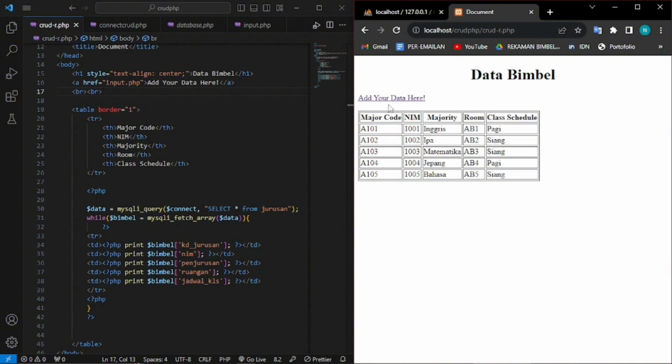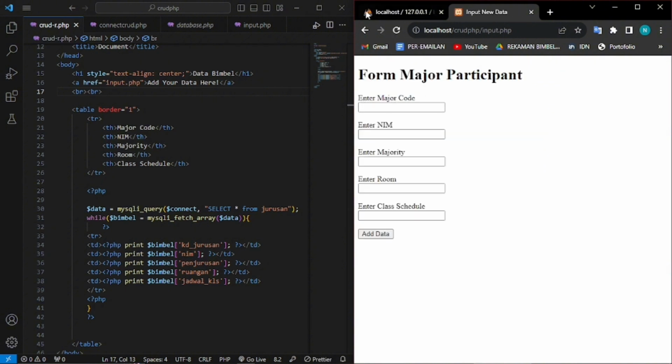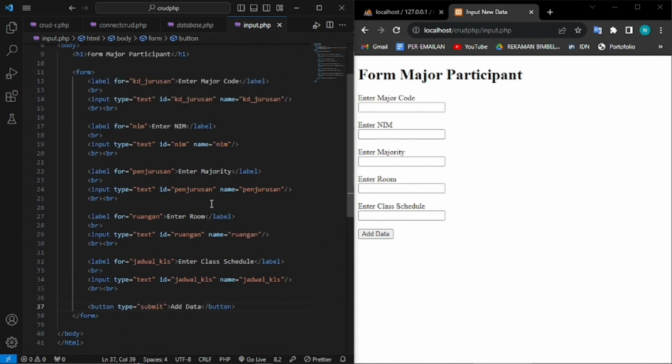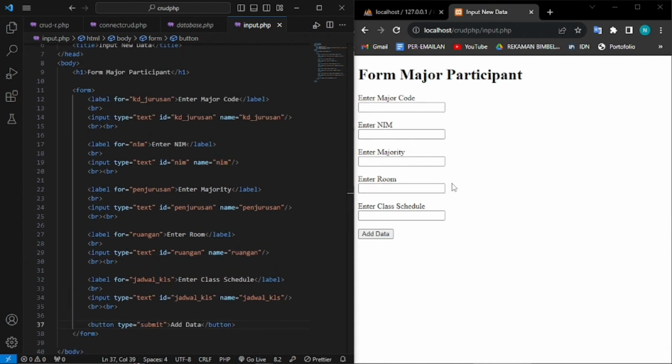You're gonna see it here, and when you click, it's gonna go to the input PHP. So after that, because we want it to be add to the CRUD table, we're gonna make the process to do it. We're gonna make a new file again